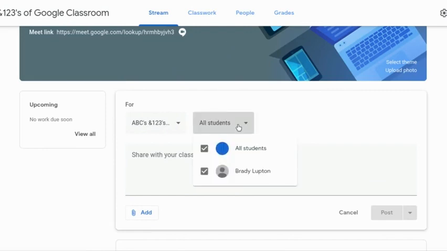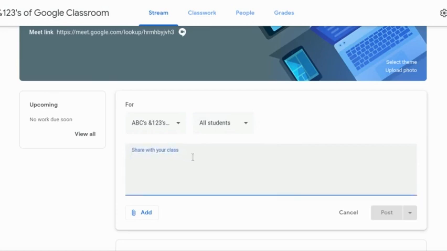Next, I can choose if I want this to go to all of the students that are enrolled in the class or only some of them. If you are planning on reusing this post in other classes, you'll need to make sure that the announcement is for all of your students. Here is where you're going to type your message. So, please check out the Google Slides